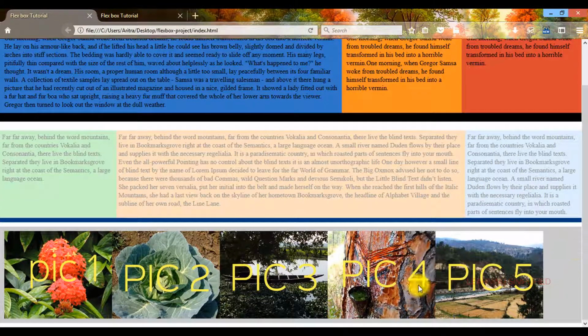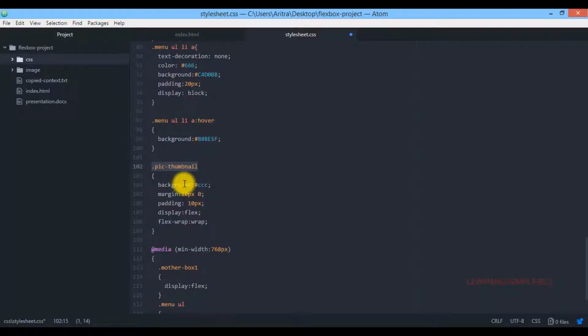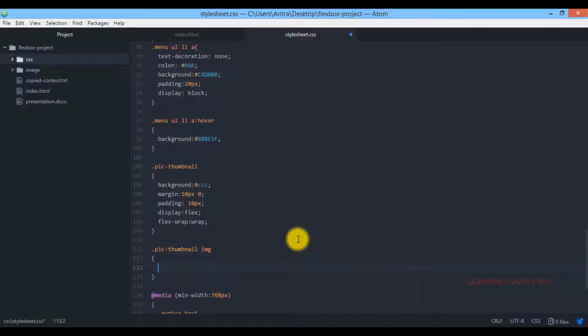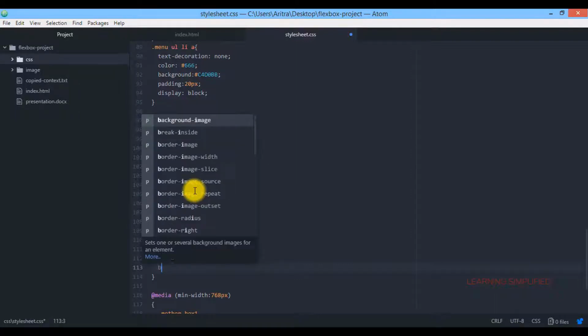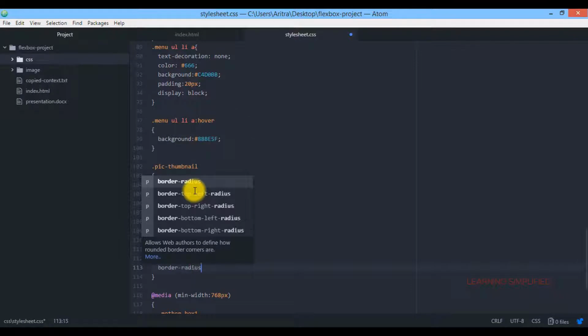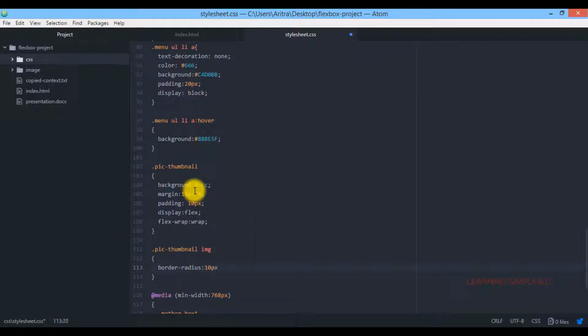If you want to make some amendments to these images, then you need to copy this one, and here you have to specify that all those images coming down within the .pic thumbnail class name should have a property, a border radius, that is set to 10 pixels, or you may provide here 10%, whatever you wish.